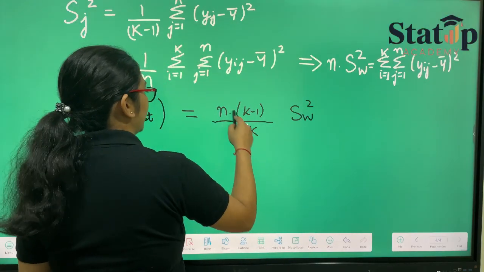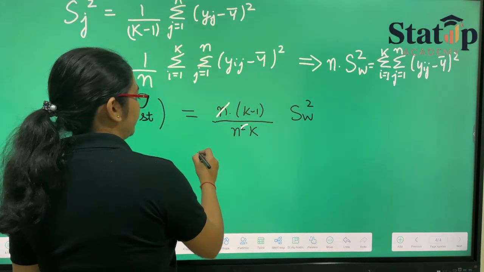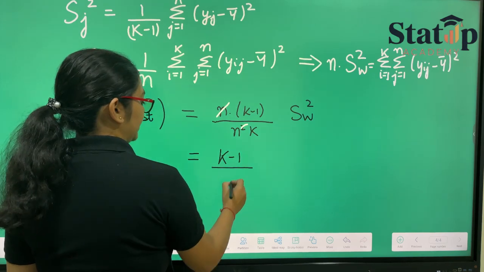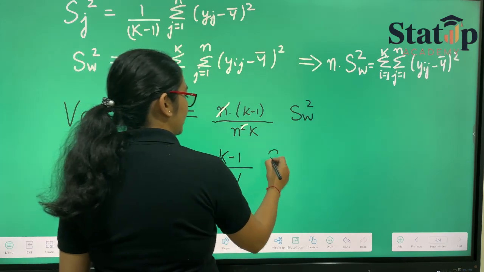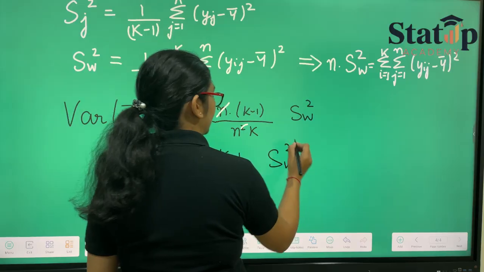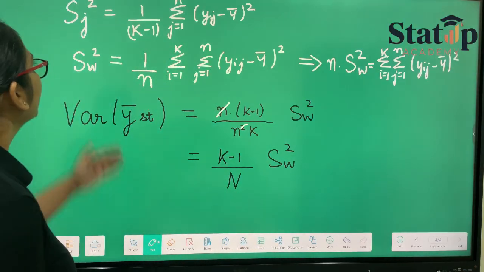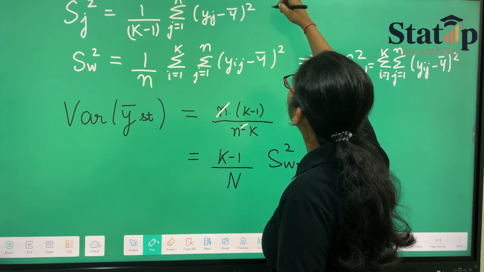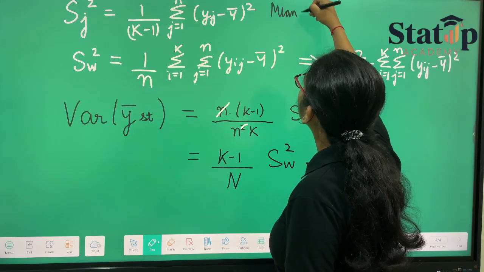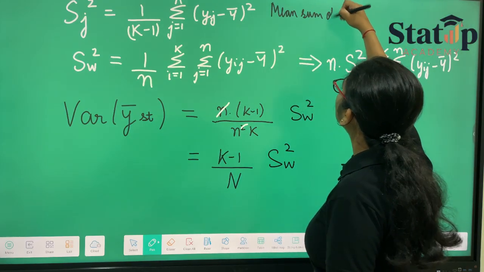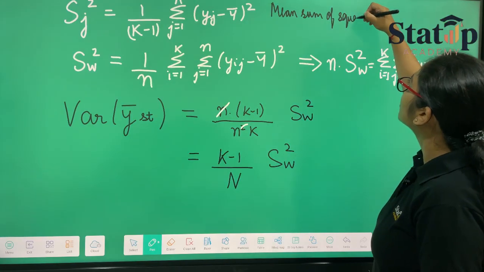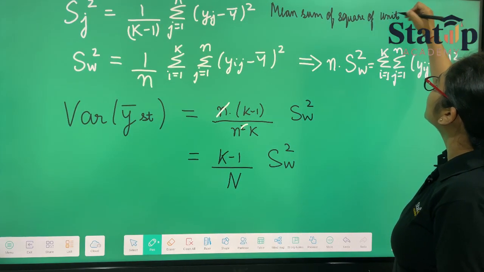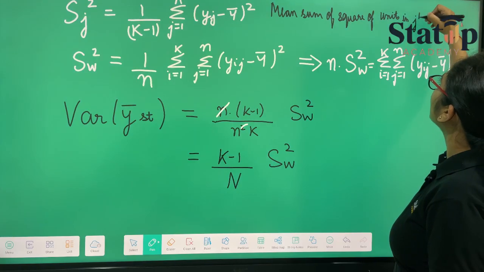Here n square and n get cancelled and we are left with k minus 1 upon nk, which can be written as capital N, s w square, where this s j square is the mean sum of squares of units in jth stratum,